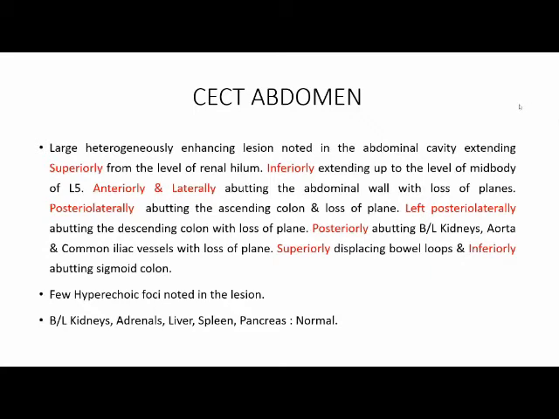Yes, sir. I think it still can be neuroblastoma. RMS usually, the lesion is at the level of the hilum. It is predominantly occupying the abdominal cavity. It is not looking like a mass arising from the retroperitoneum. So I would think RMS is less likely. It is definitely not Wilms tumor because the kidneys are free.